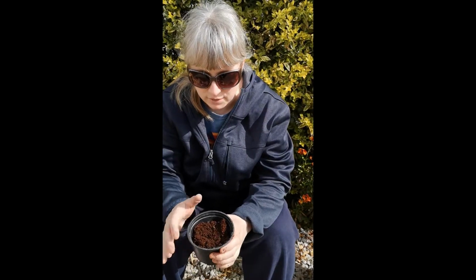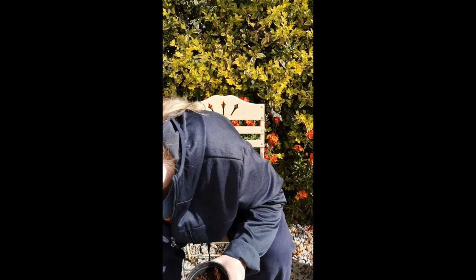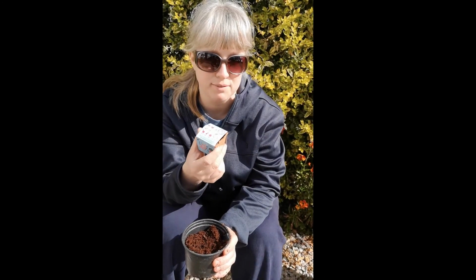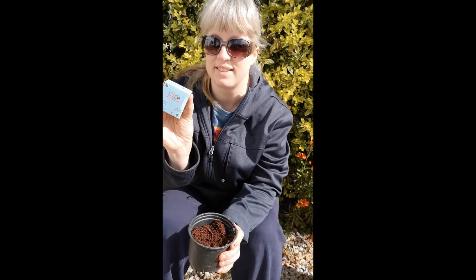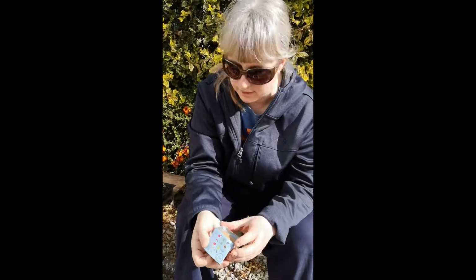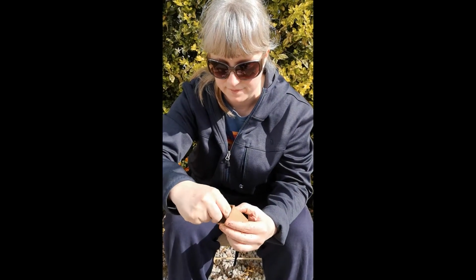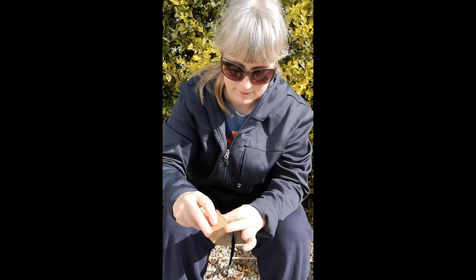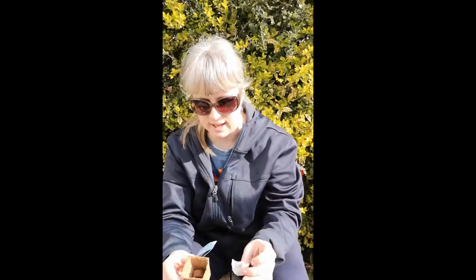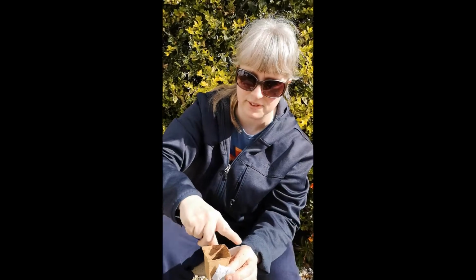So I'm going to start off now. We're actually going to use a bit of cocoa peat because in Marks and Spencer's they actually give you these sets. You can just go in and ask them when it's safe to do so. These little sets. Inside the sets are a little seed pod, seed mat there. This is beetroot, and the little roundy disc, the cocoa,